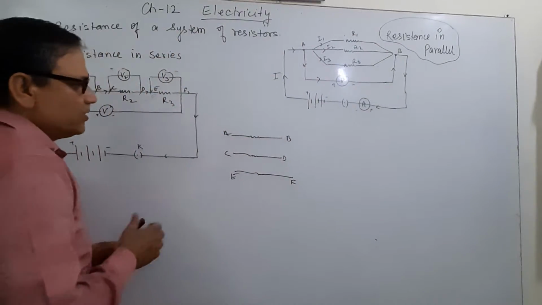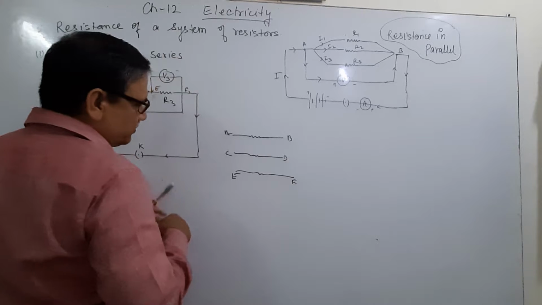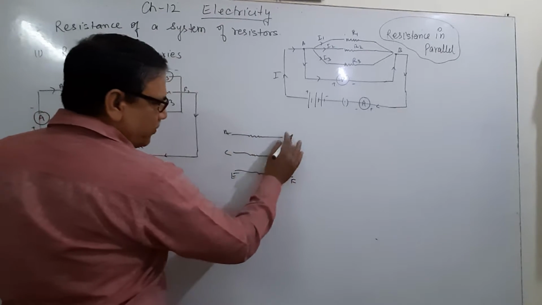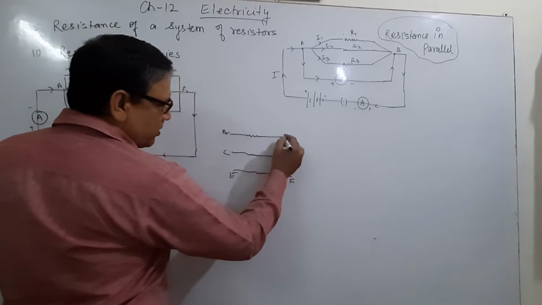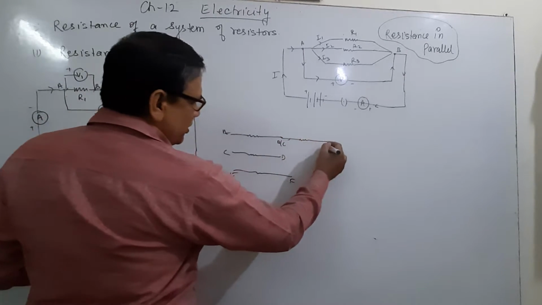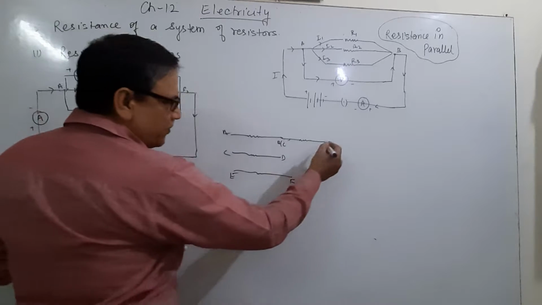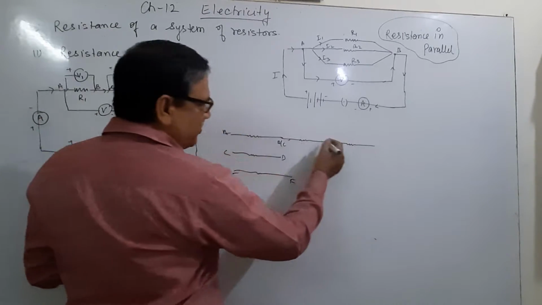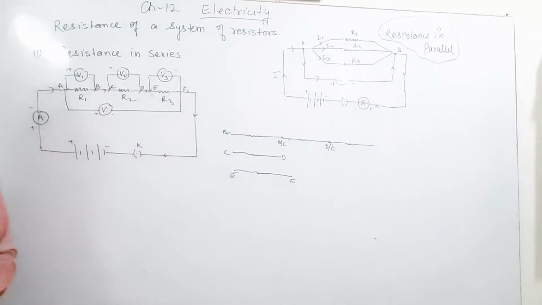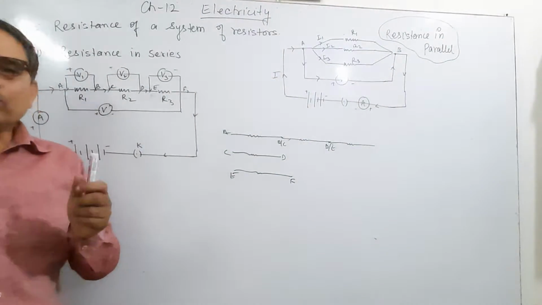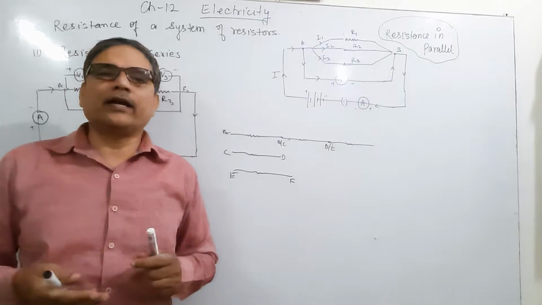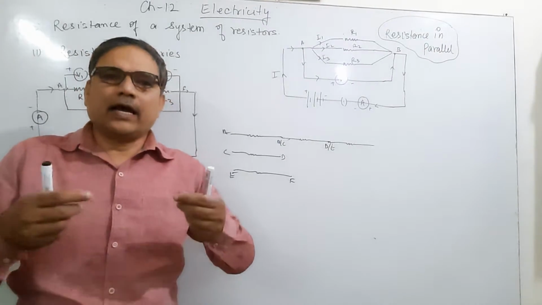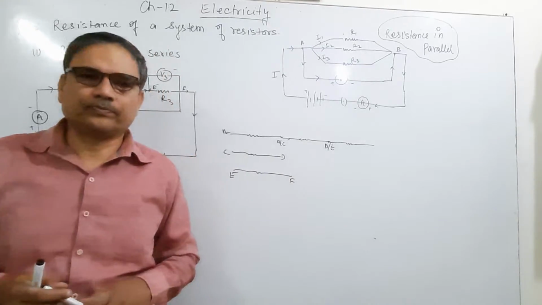Same here, this AB, and this CD is the second resistance. When we connect this CD here, B and C coincide, and then there will be D. And then E and F, when D and E are joined together, that is the third resistance. It means they are connected in series. When two or more resistances are connected end to end, then the resistances are arranged in series.